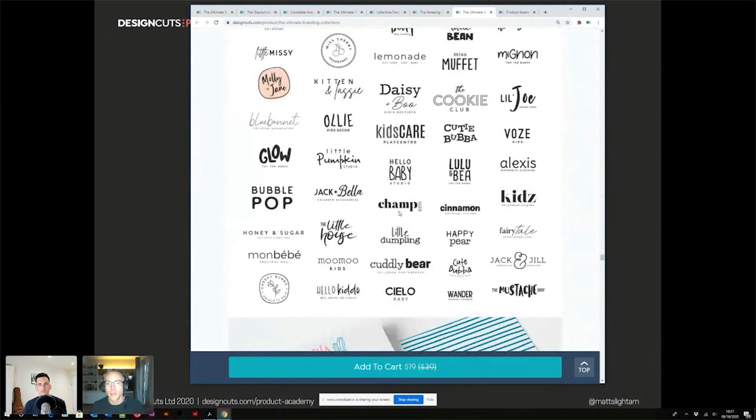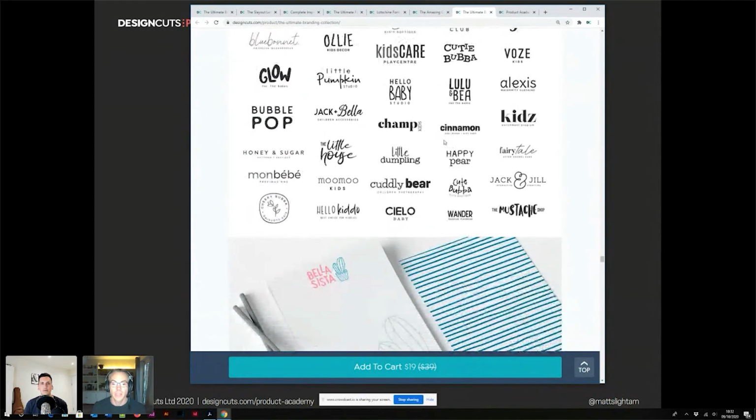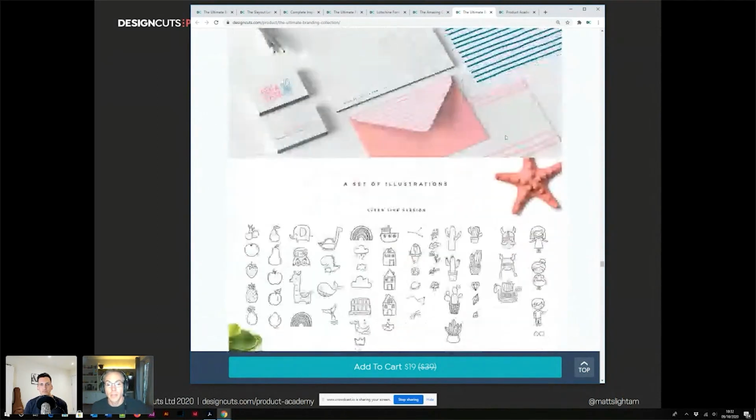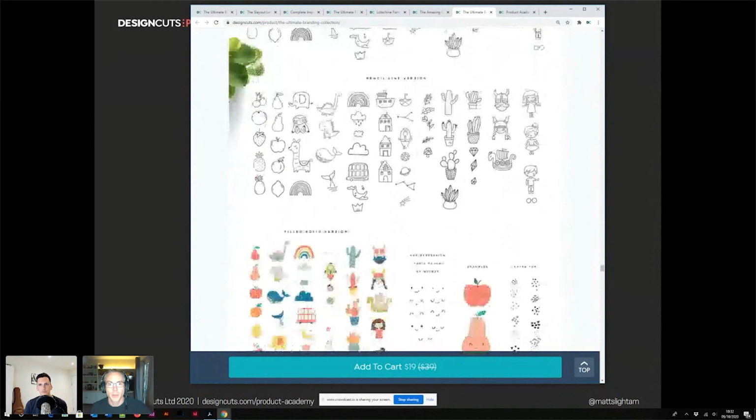A lot of the logos are just text-based. They're just logo types. And as you've probably noticed, all big brands generally just end up with a logo type, because people are used to big brands having logos which are just logo types. So if you want to make your company look credible, don't have an illustration with it, or have a minimal illustration with it, because that's what all the big brands do. Really, really simple stuff. Super cute.